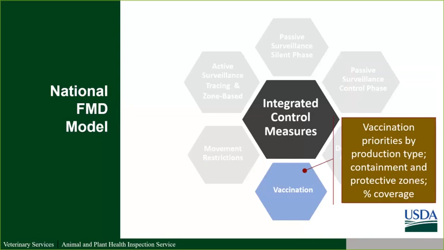We can vary how that vaccine is applied, such as, do you start close to where there's a detected farm and then work your way out, or do you start on the outer edges of your zone and work the way in, or is it random, or is it by the size of a production type, et cetera. And then we can also model the coverage that's needed. So, is it a blanket vaccination strategy that works best, and that's vaccinating every production type or every species that's in a zone, or do you target it more and do, for instance, 85% coverage?